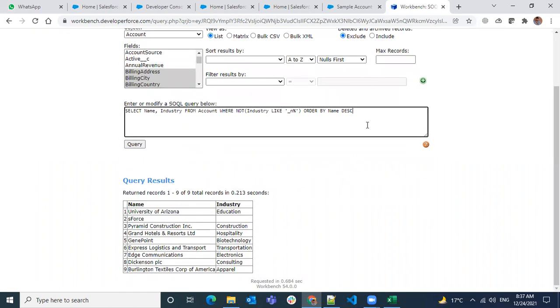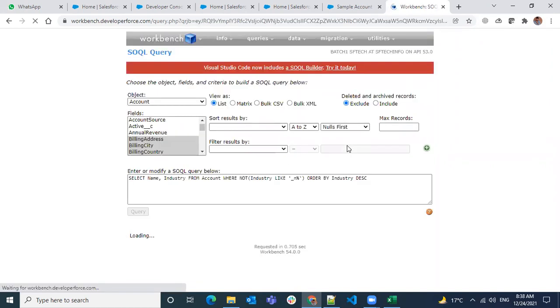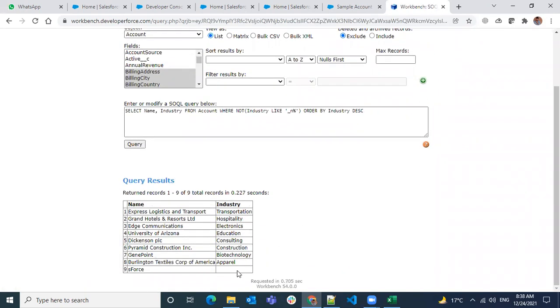Like this. And there is one more operator we have here called nulls. In the name field we don't have any null values, but in the industry field, you see there is one place where there is no data. So if I do order by industry, you see nulls are coming at the last, but what I want is nulls to come first.